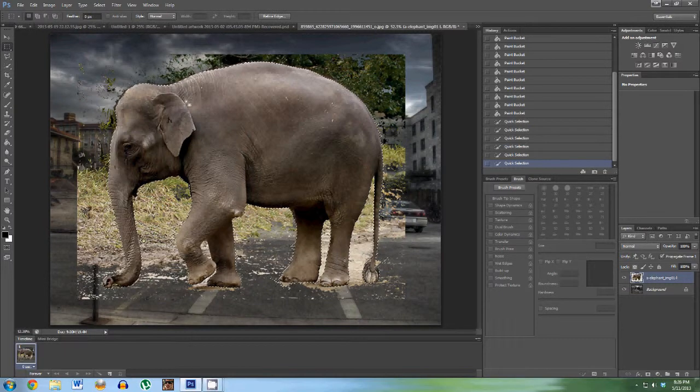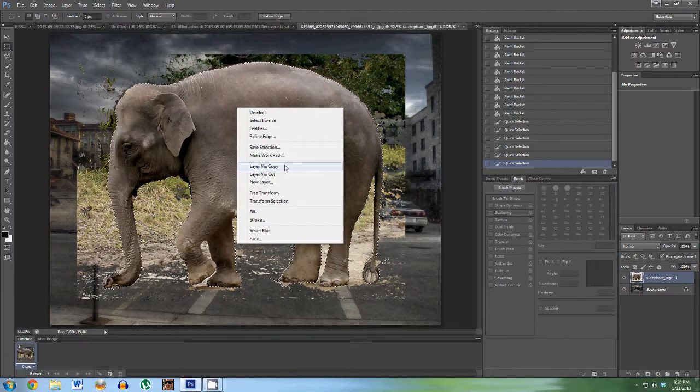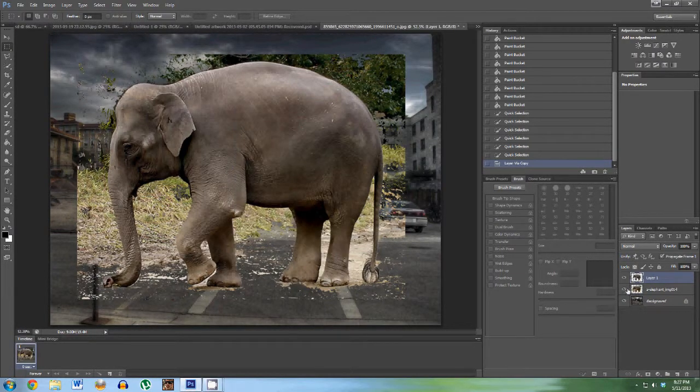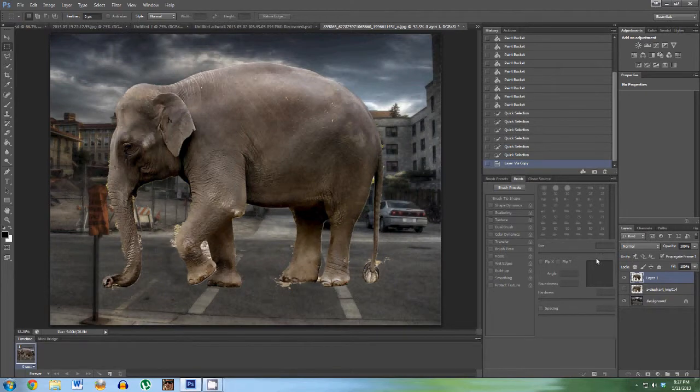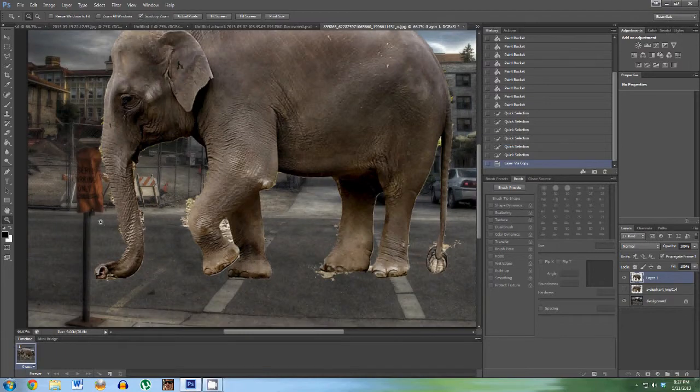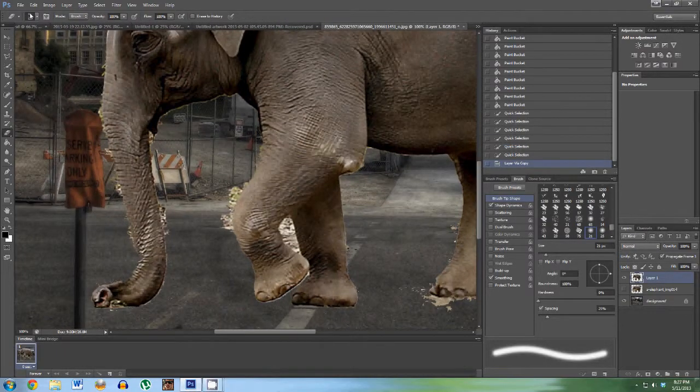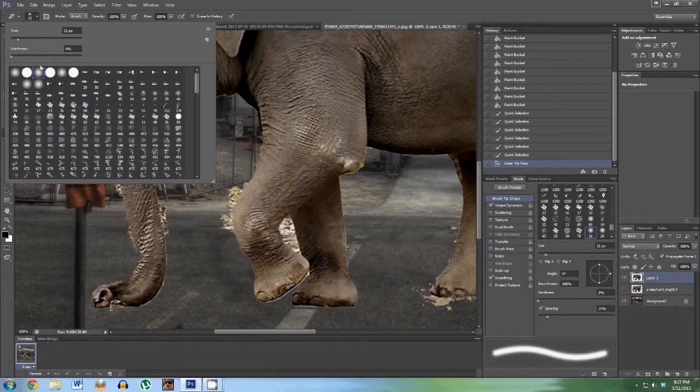it's pretty good. So I'm gonna right click on that, and I'd like to make layer via copy, because that way you still also have the background layer, just in case you want to use that and you made a mistake or something. But then I just turn off that layer, and you basically have a decently clean cut elephant. To fix it up a little bit, I'll take an eraser tool, and I'll use a soft brush and